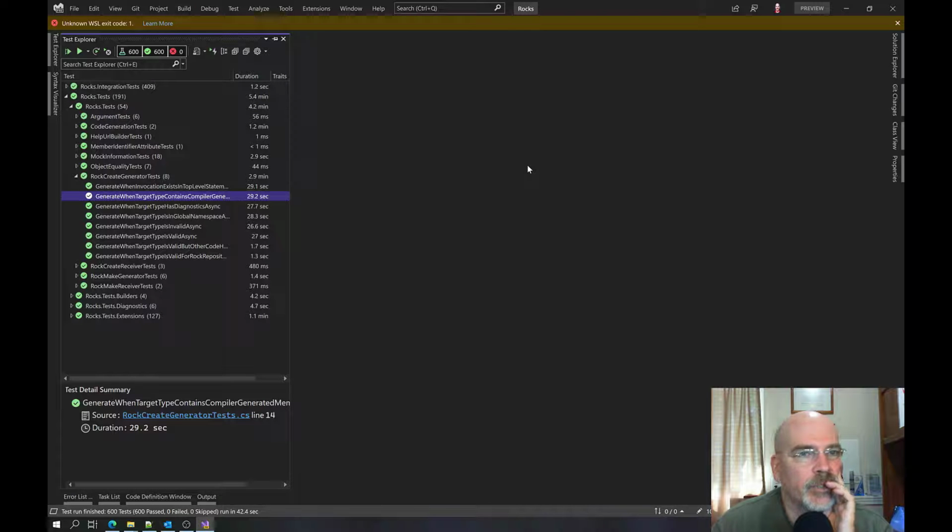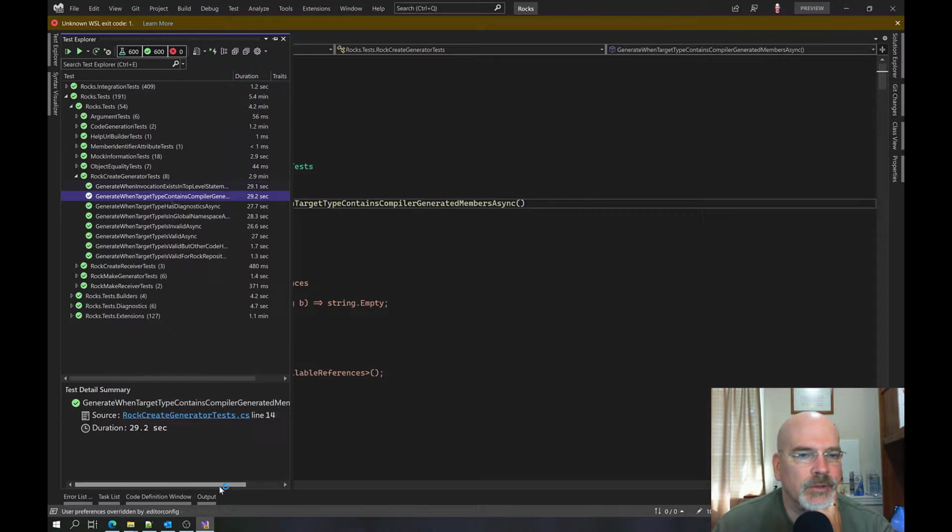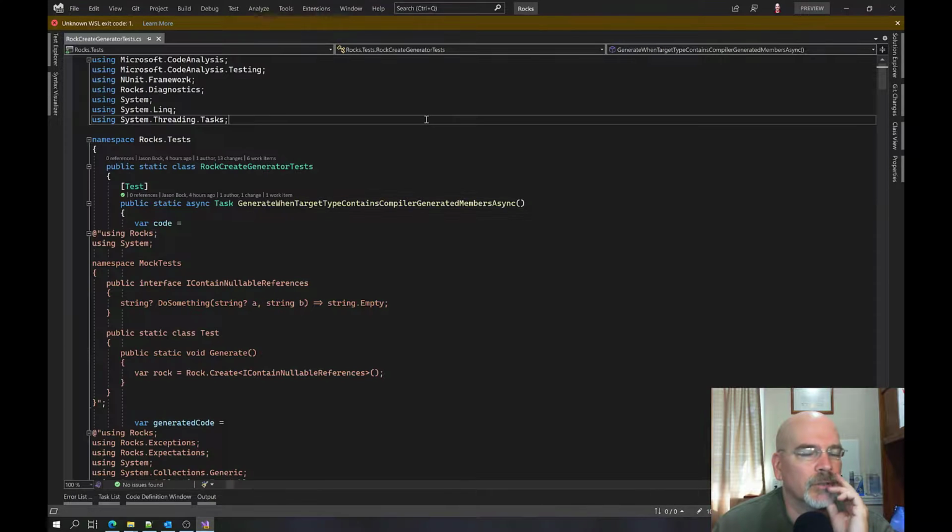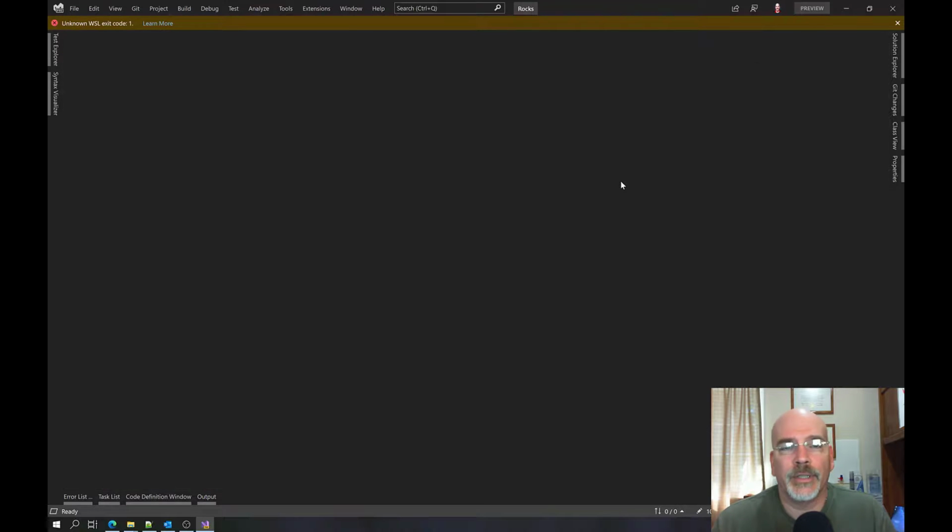It definitely has slowed things down. Just this one test is saying it takes 29 seconds to run. That doesn't make any sense, because it was taking like 4 seconds before. I don't see how that could be that long now to run. I don't know. Whatever. All that's running, so